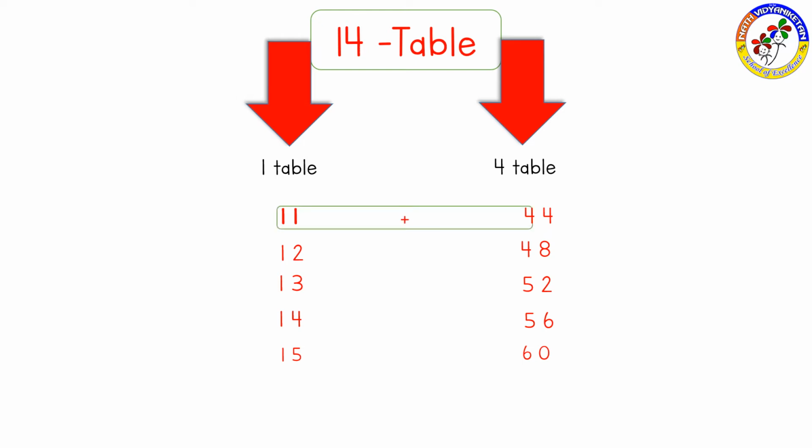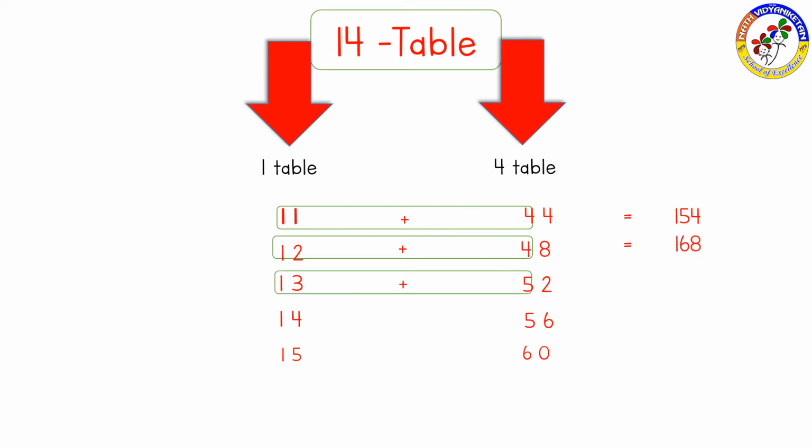Now let us use the trick. Here is the trick. So in box 11 plus 4. 11 plus 4 how much? 11 plus 4 is 15. And write 4 as it is. That is 154. Now 12 plus 4. 12 plus 4 is 16. And write 8 as it is. That is